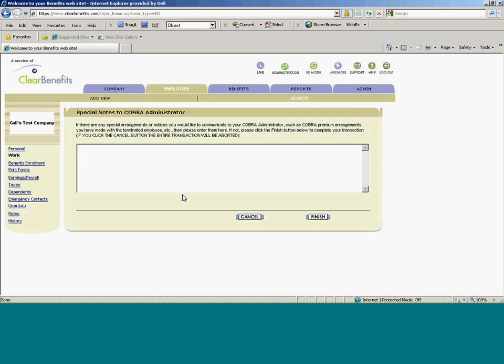The next screen takes you to the special notes to the COBRA administrator. Clear Benefits has a functionality that enables emails to be system generated when a COBRA event occurs, and an email is generated and sent to the COBRA administrator that's set up in the system. Here you have the opportunity to add a note to that email that is going to be sent to the COBRA administrator. Click Finish,